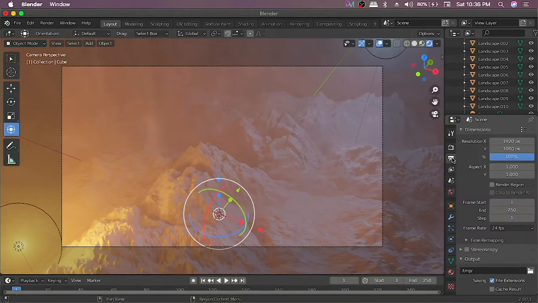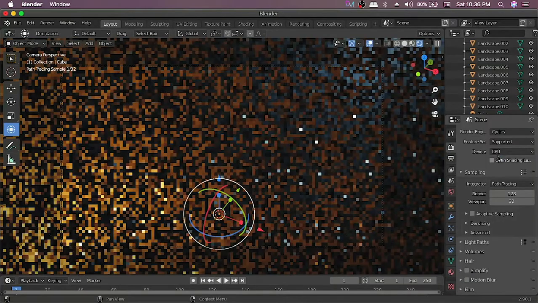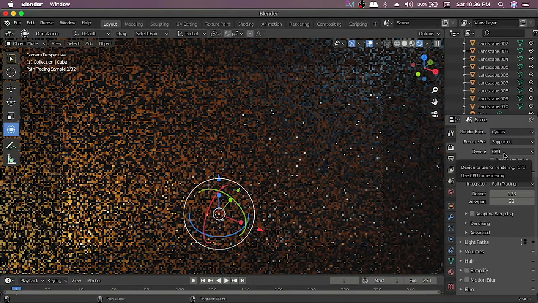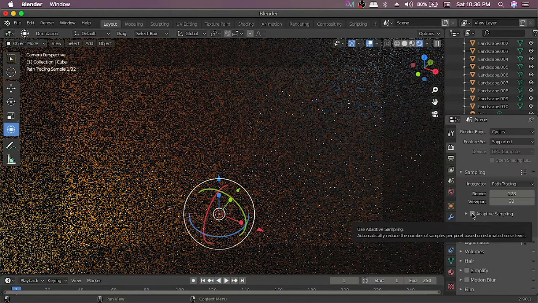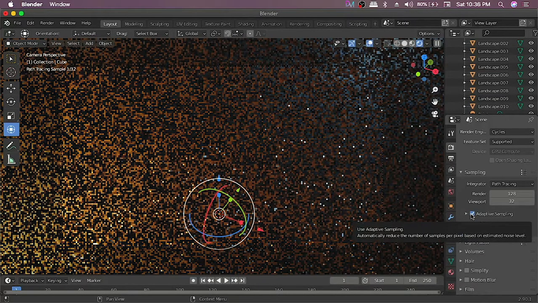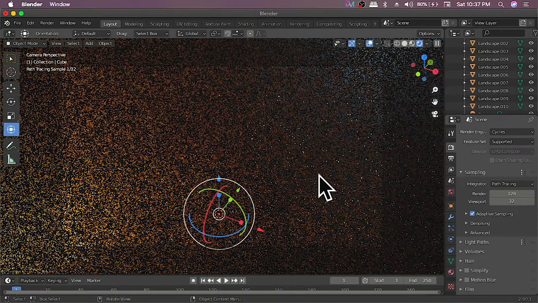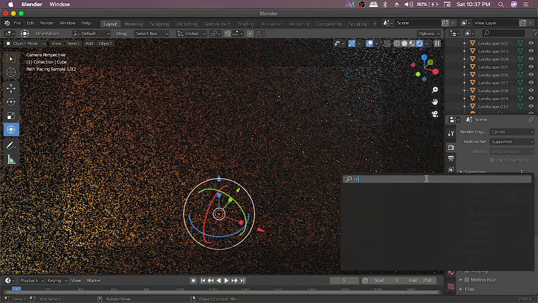Oh yeah, so now for Cycles users, switch over to Cycles, and depending on your PC, you have CPU and GPU compute. So I'll select GPU and then click on adaptive sampling, which makes it lighter for the viewport renders. And then to make Cycles even faster, press F3 to search and then write